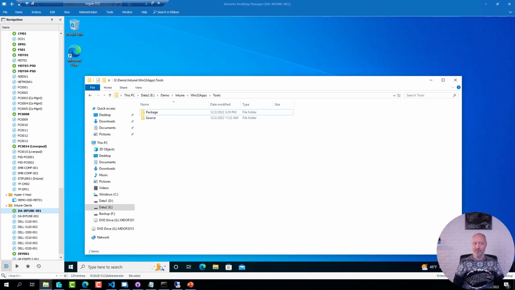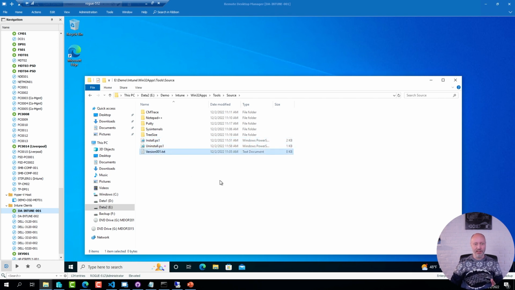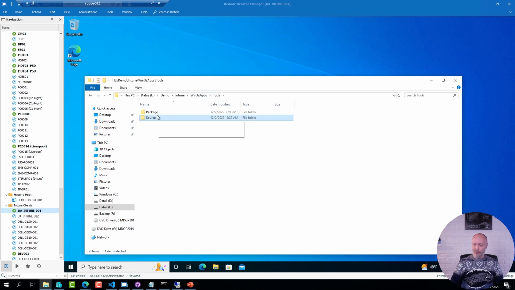Meaning, demo time. What I have here is a folder structure which I have prepared with a few tools that I would like to have available. I have an install script and uninstall script, and I also added in a version script so I can update this folder structure and also update the version number if needed. Now in the package folder I currently have nothing. This is where I will create the Intune package